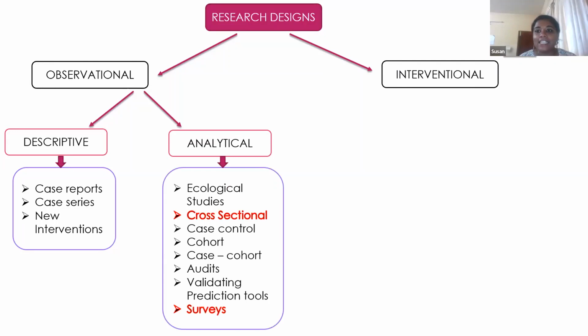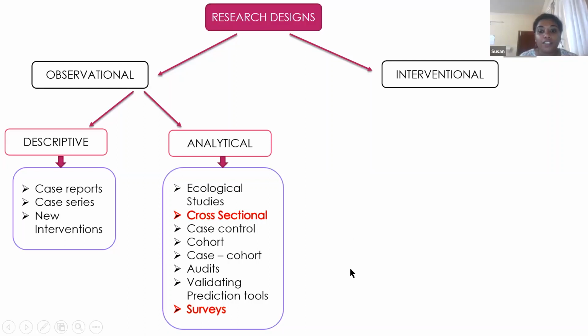Now, analytical is what causes COVID? What will be the factors that are possibly involved that COVID should spread from one person to the other? So we are not just looking at COVID per se, we are trying to analyze what can be the reason why COVID came, why COVID is spreading, how it can spread, and we all know that this kind of research helps us to bring about the preventive measures.